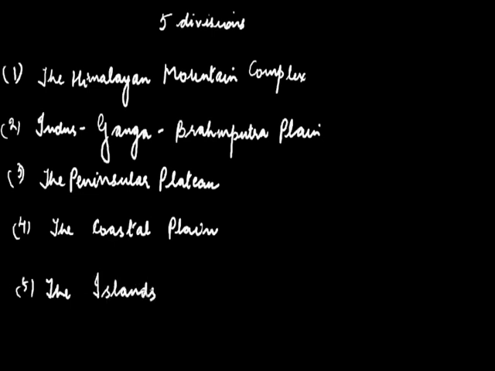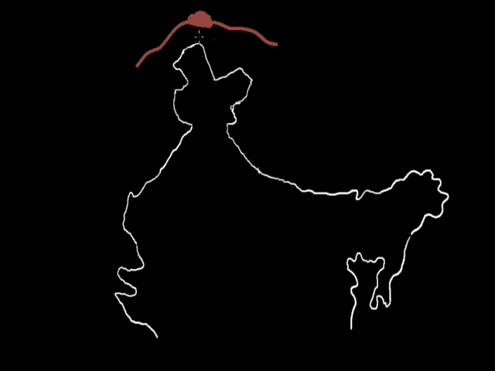So first we will start with the Himalayan mountain complex. We will use the map of India to have the clarification about the mountain ranges comprising the Himalayas. Having a look at the map, we can see that to the extreme north, this is known as the Pamir Knot. From the Pamir Knot, we can see the Kunlun mountain. Though this is not a part of the Himalayan mountain complex, just to give you an idea of Hindu Kush ranges, the Pamir Knot and the Kunlun mountains. This is the Hindu Kush range.